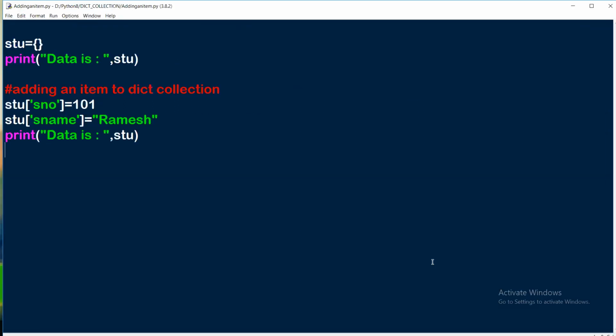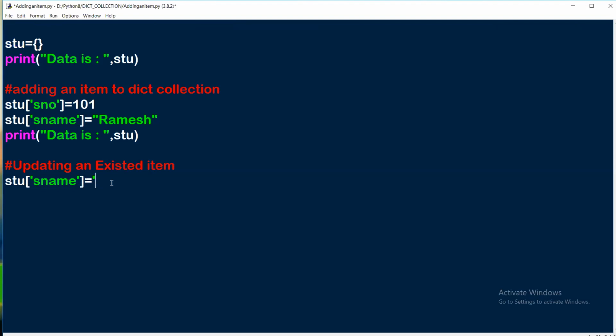So ladies and gentlemen, you need to understand one point here. Updating an existing item. If you want to make any changes in an item which already exists, then you have to write like this, my dear friend: STU of 'name'. Then what is going to happen here is the Python virtual machine will ensure whether any key already exists in the dictionary with that name or not. The PVM will ensure whether any key already exists in the dictionary with the specified key or not.